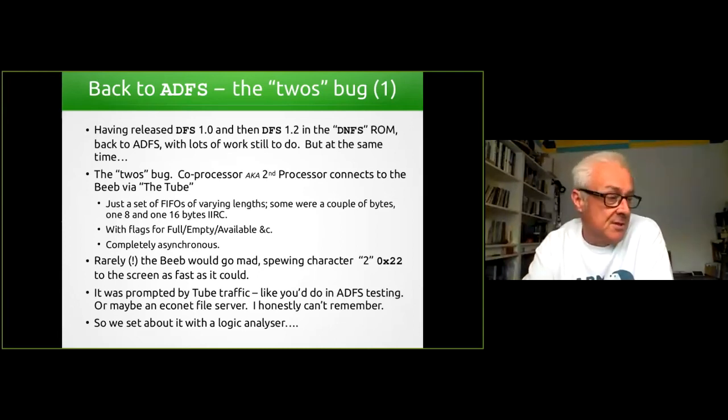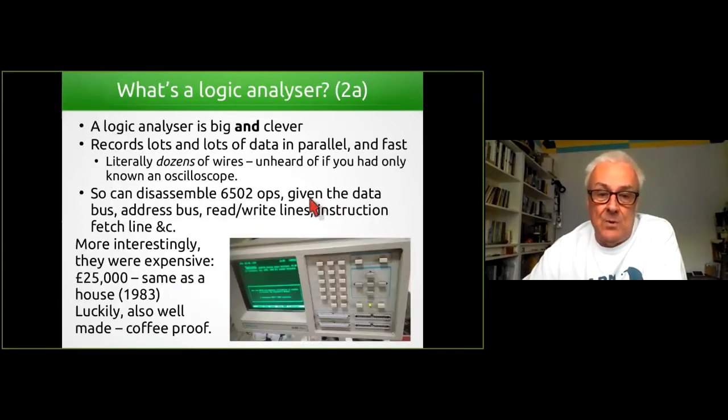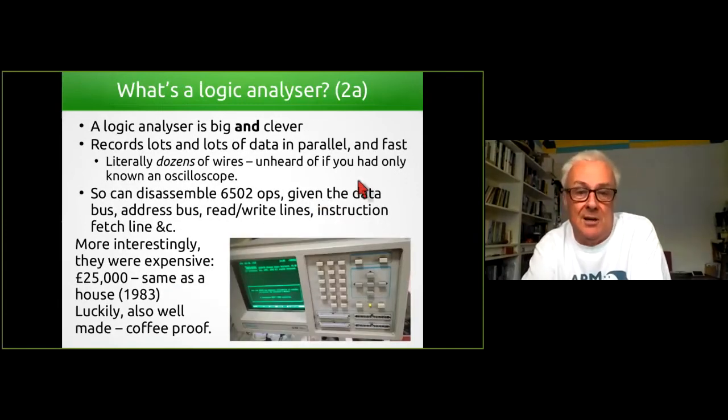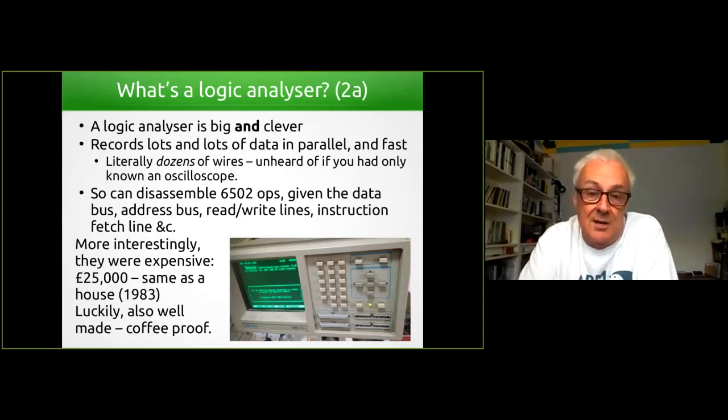This was considered sufficiently horrible that we were allowed to have logic analyzers. At the time, logic analyzers were big and scary. I hadn't seen one before. That's the aside about a logic analyzer. Literally dozens of wires connected to your system that you're investigating. It had all the address lines, the data lines, and read and write and clock and instruction fetch wires that the 6502 had. So it could capture all of the 6502's interaction with everything outside of the 6502, and it